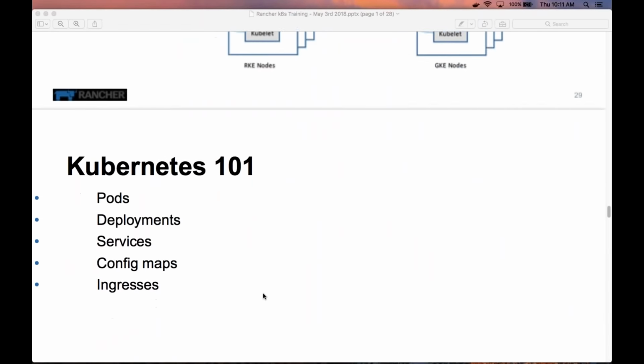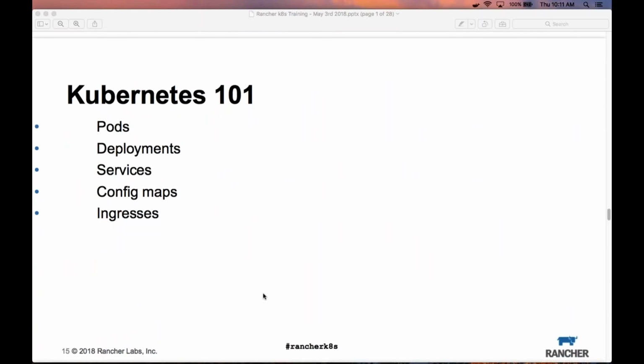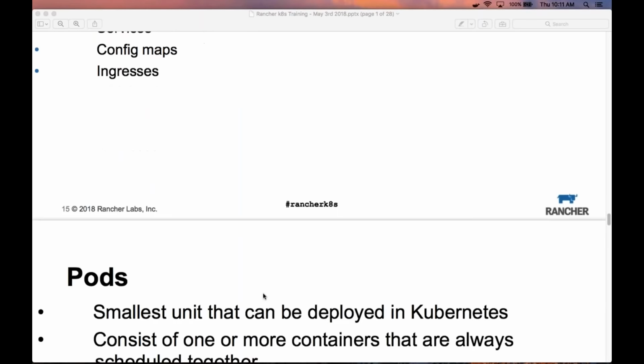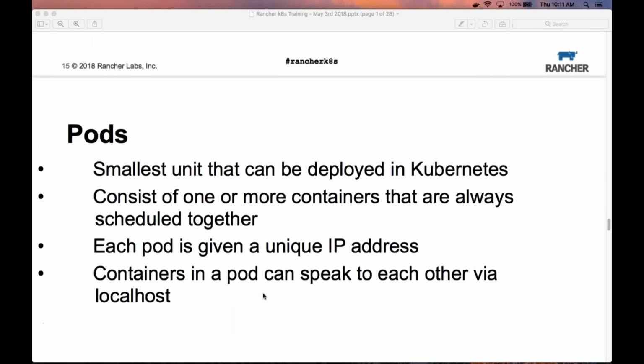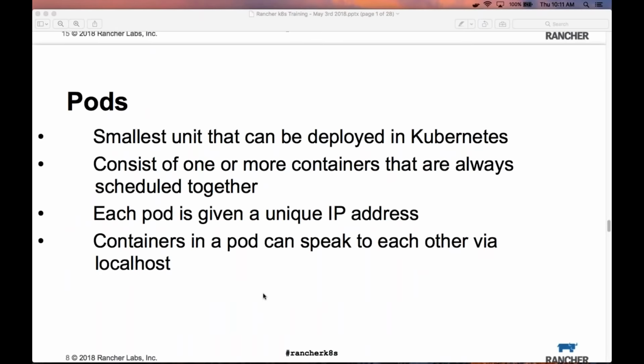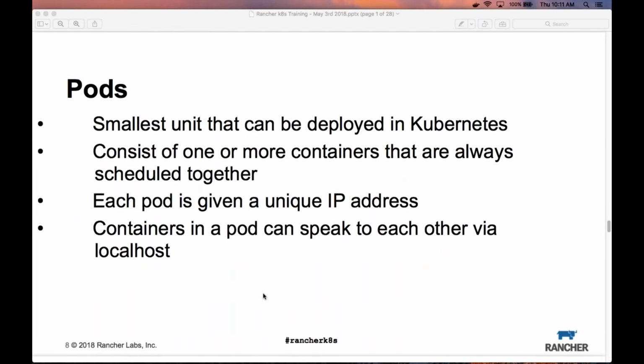Before we get too deep into the demo, though, we're going to go over some basic Kubernetes concepts. We'll look at pods, deployments, services, config maps, and ingresses. All right. So in Kubernetes, the smallest unit is a pod. Coming from the Docker world, you're mostly familiar with containers. Kubernetes uses pods, which in most cases one could think of as almost one for one, but really pods